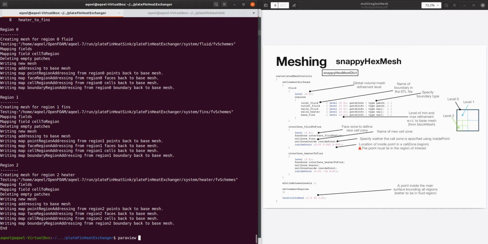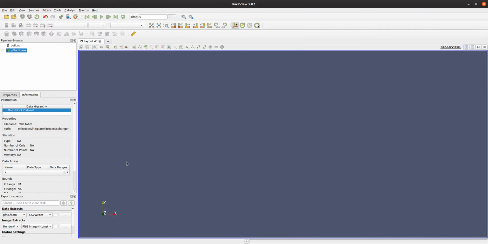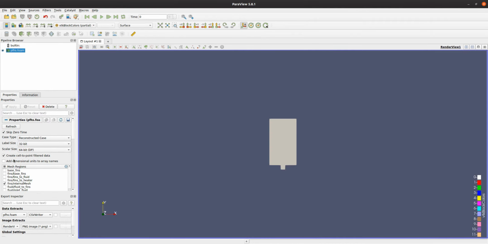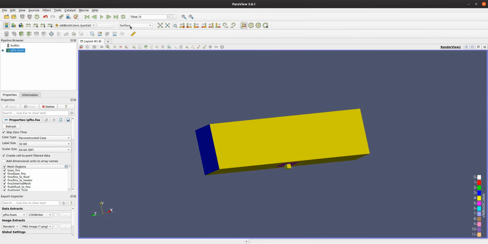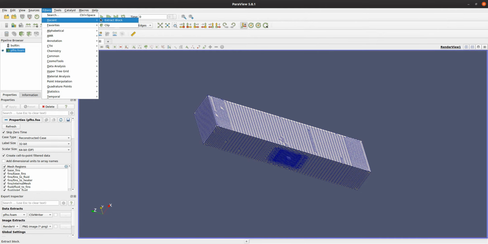And now we can use ParaView to visualize each of these regions. So if I go ahead and select all, we have this final mesh, and we can see each region separately as well.